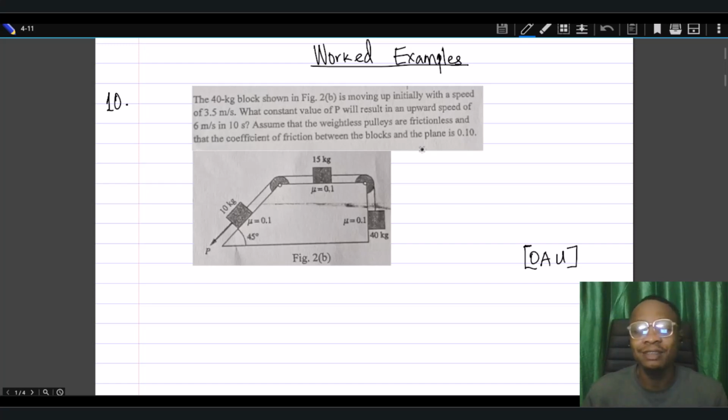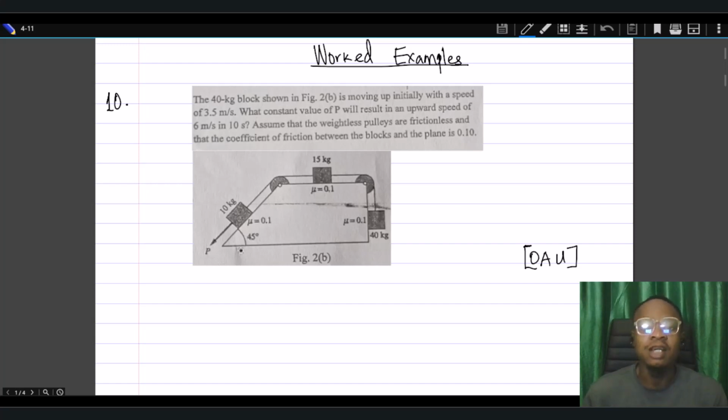So let's get right into this. Of course, we will stick with the approach we have taken so far for connected bodies. That is, firstly, get the relationship between the accelerations of these bodies, then analyze what we have here. And of course, in this case, we have been asked to determine the value of some force P. So that means we should complete some sort of